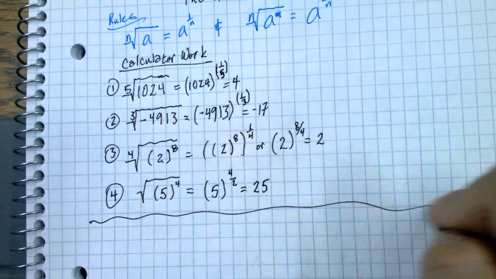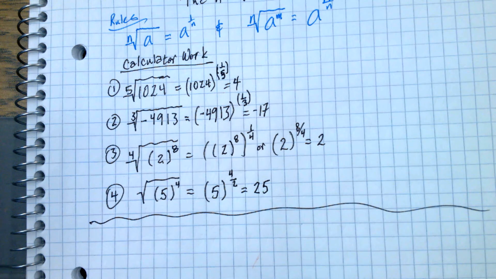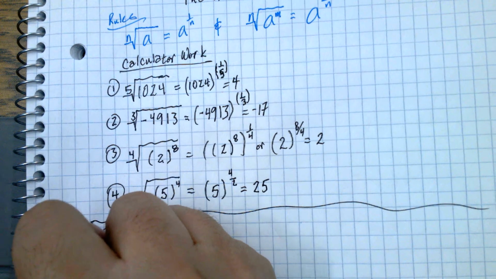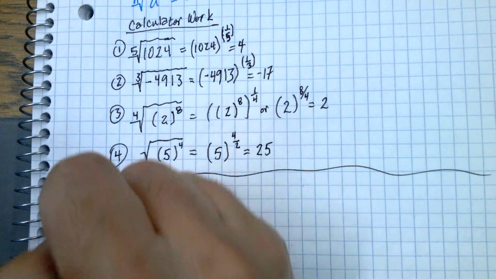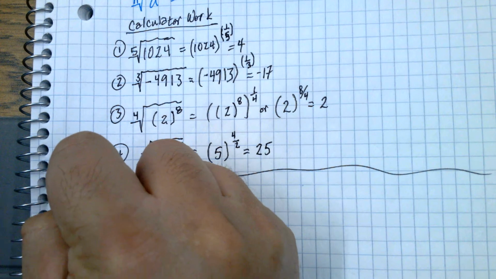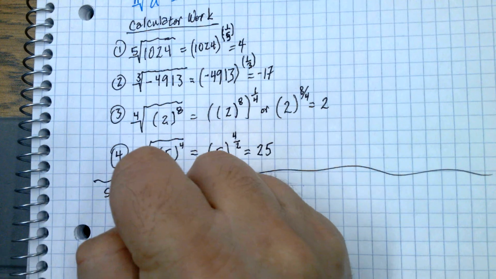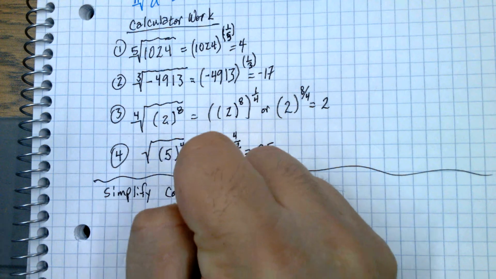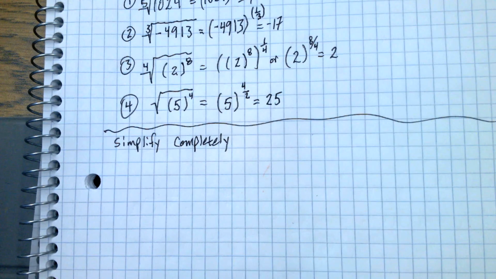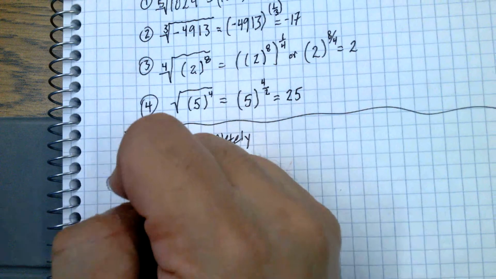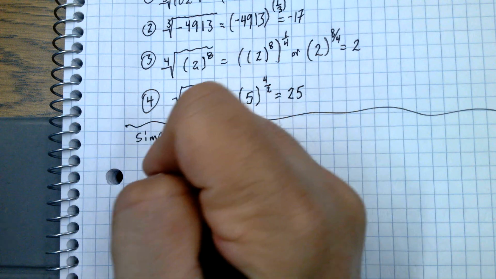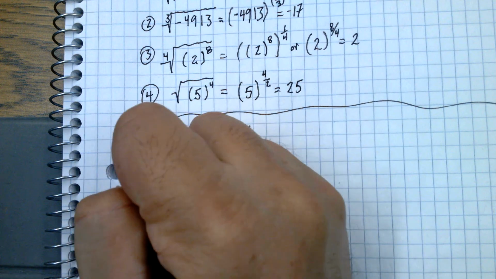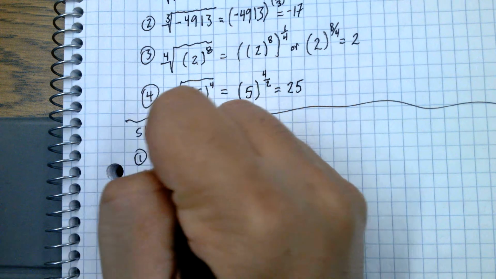Okay, so now we're going to be simplifying some stuff with this. Keep that calculator handy. We're going to simplify to lowest terms. I'll just say simplify completely. And we'll have expressions like this with square roots or radicals. Number 1. Let's say we have 4, the fourth root of